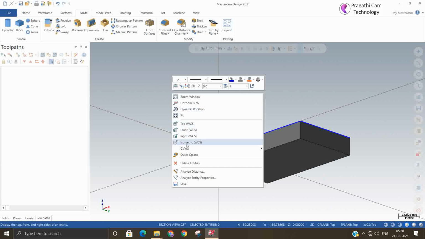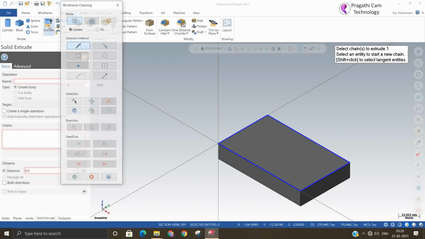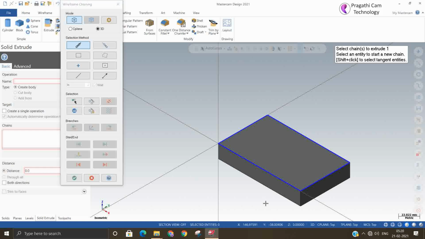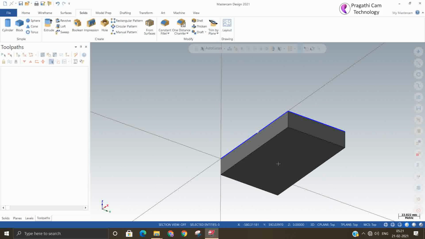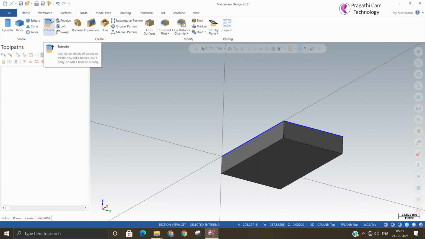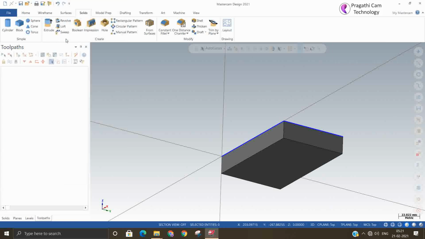So okay, we'll see what is wrong. I think I switched off one of the options. It is not even allowing me to select the edges. The option itself is dimmed. Okay, so I will do it another way.